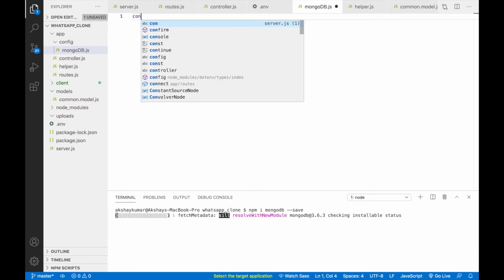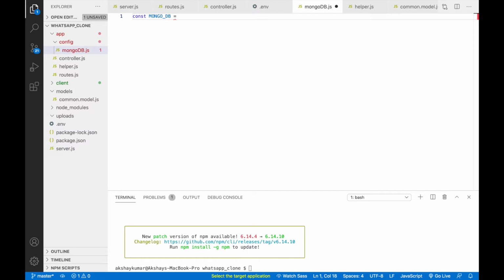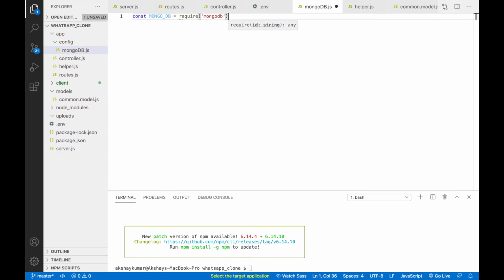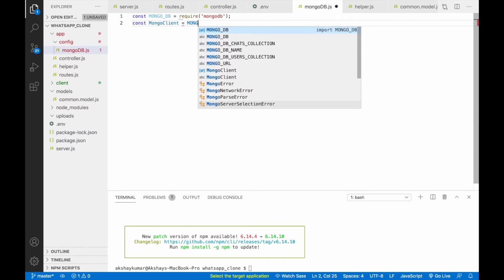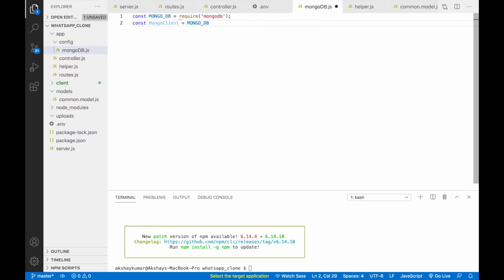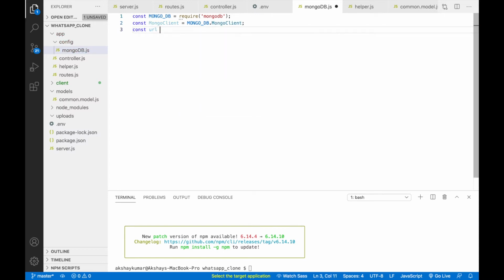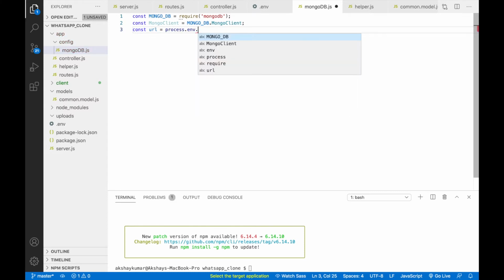And here we can write const mongo_db equals to require mongodb. Const mongo_client equals to mongo_db.MongoClient. Const url equals to process.env.MONGO_URL.